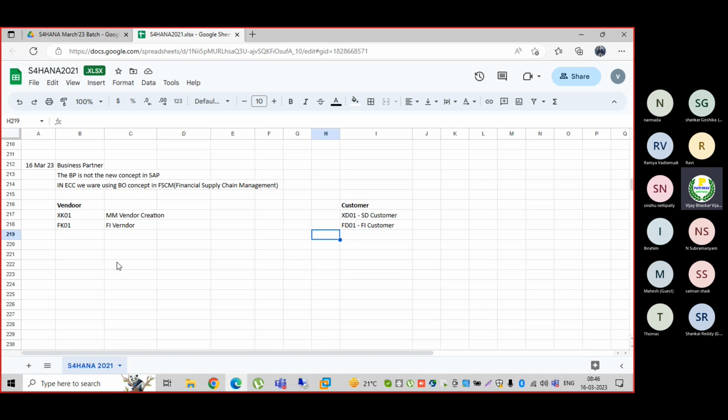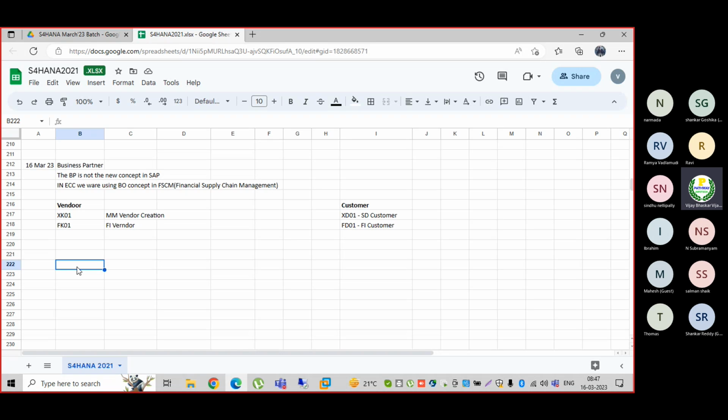Now, how can I correlate? First I need to see the advantages of the business partner. I can extend the same business partner to multiple company codes. Second, I can maintain multiple addresses. In the general data we can see only one address.